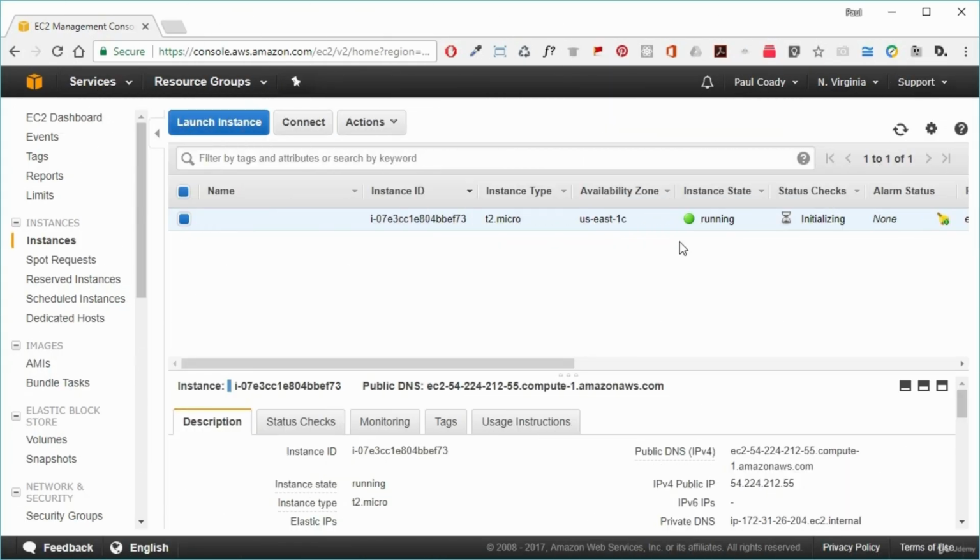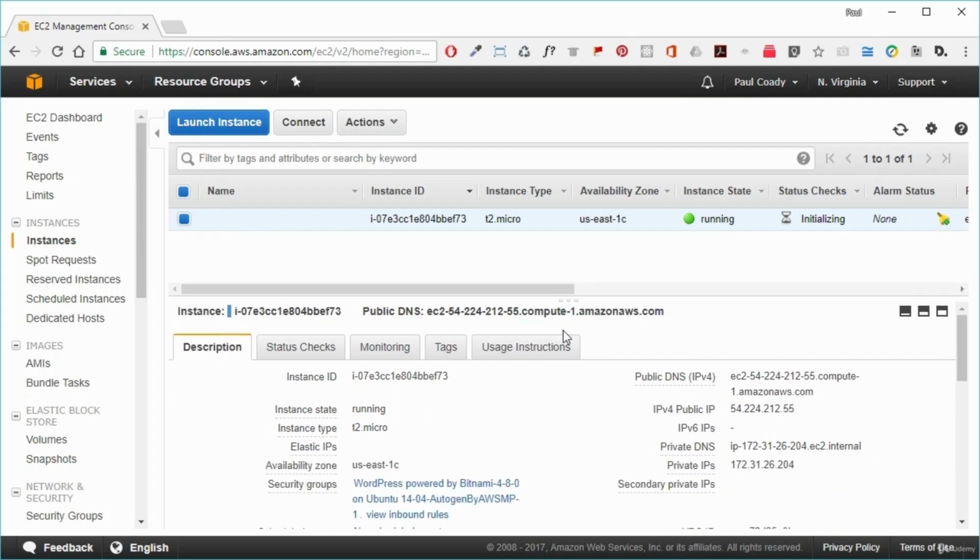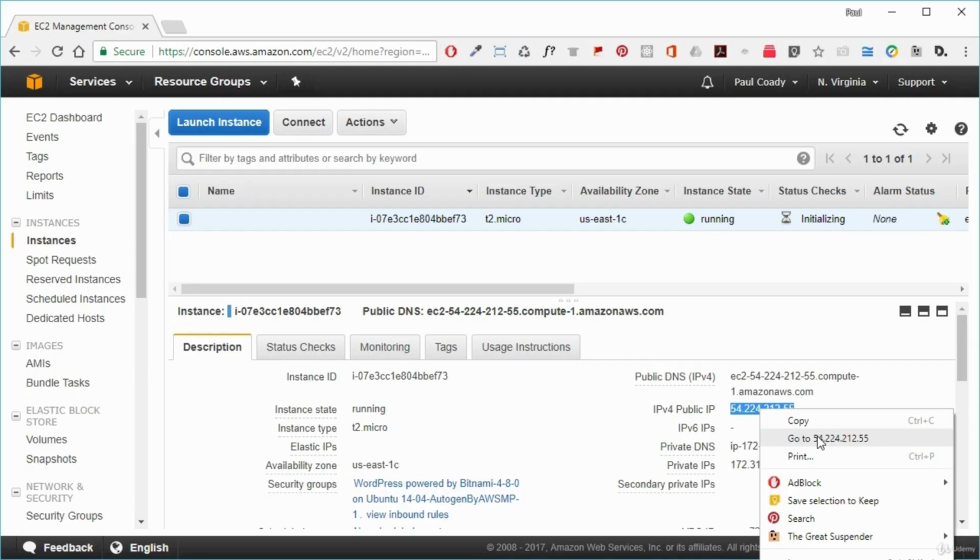Okay, so after a few minutes, our EC2 instance state has changed to running. And that means that we should be able to see our web server on the internet. So if we've selected this instance and we look at the details of this instance, so we go down here and we can see that it has been assigned a public IP address. When we were configuring our launch for this, we did select to create a public IP, and that is the public IP address that has been created. So if we go to that, we should be able to see our WordPress application.